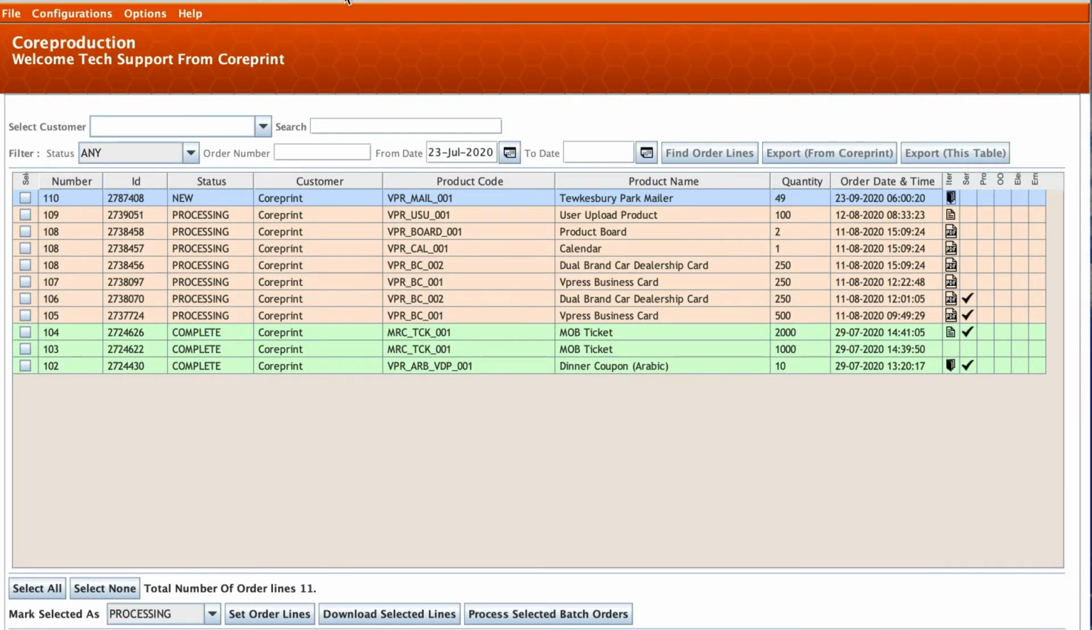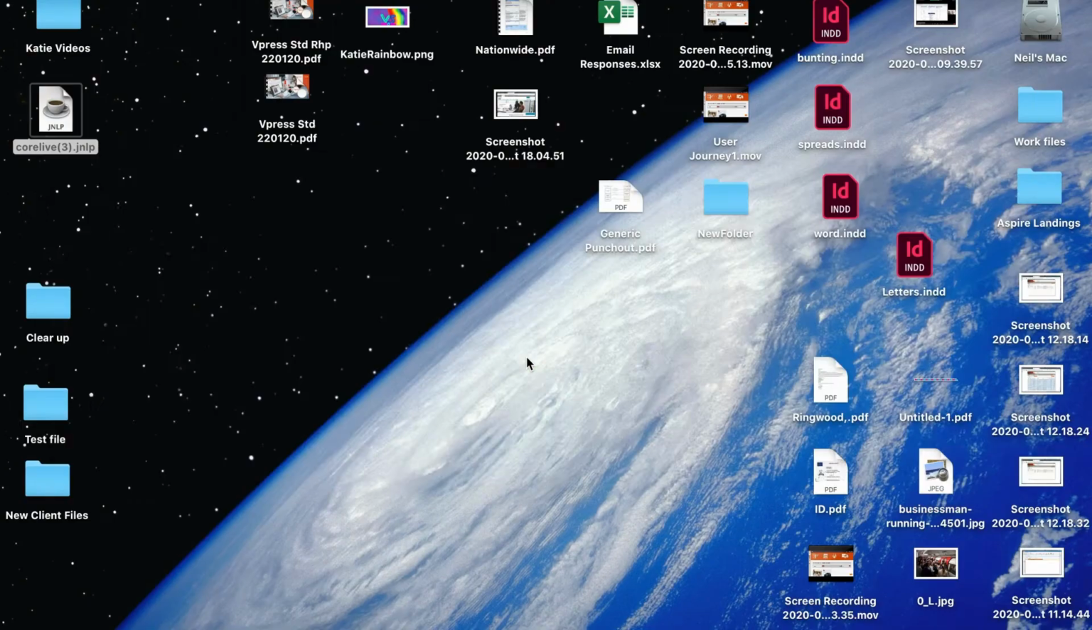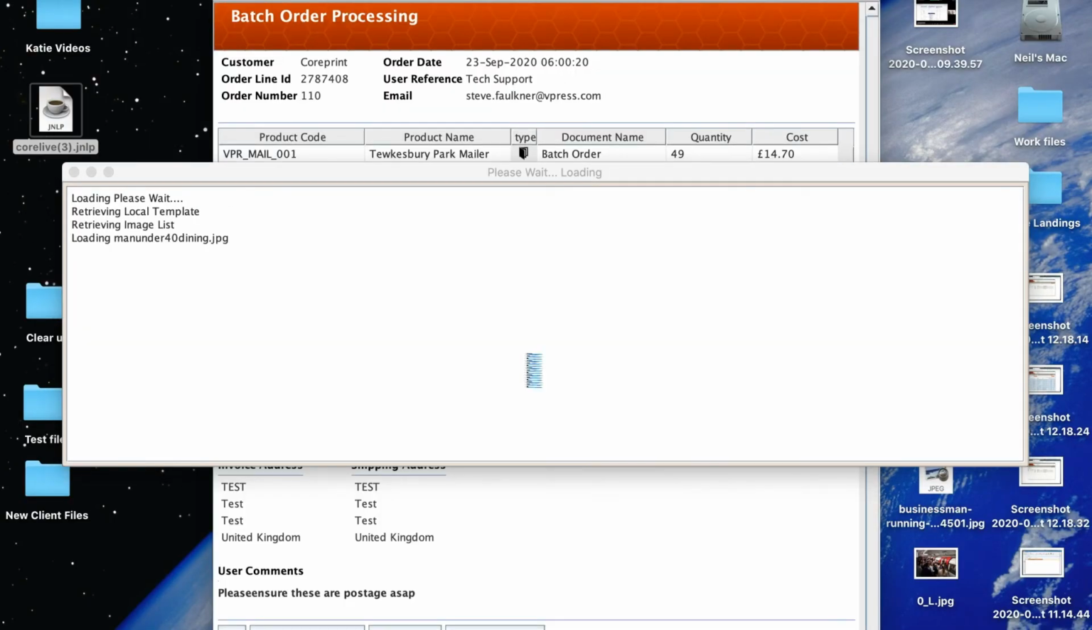So we're now viewing our core production area, where the printer will actually process any orders that are coming through to him. As you can see, we have our order 110, status of new, and details about it's a Tewkesbury Park mailer. There's a quantity of 49, the date and time it was actually ordered. So we can now look to process this order, and we're now going to open up the processing for batch